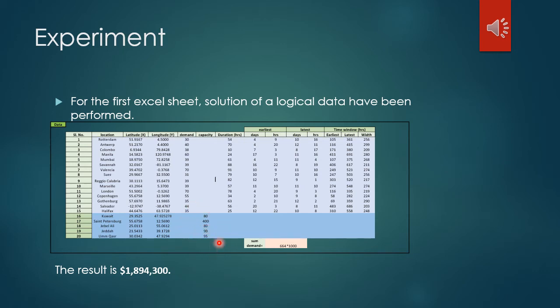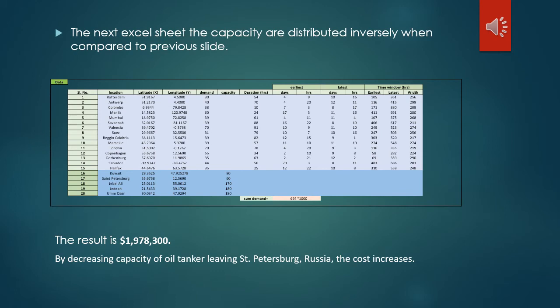By solving this, we get $1.8 million as our minimum cost. In the next case, we reduce the capacity of crude oil from Russia and distribute the remaining capacity to other oil exporting cities in Asia. Keeping the demand constant around the world, we can see an increase in the minimum cost objective, which now became